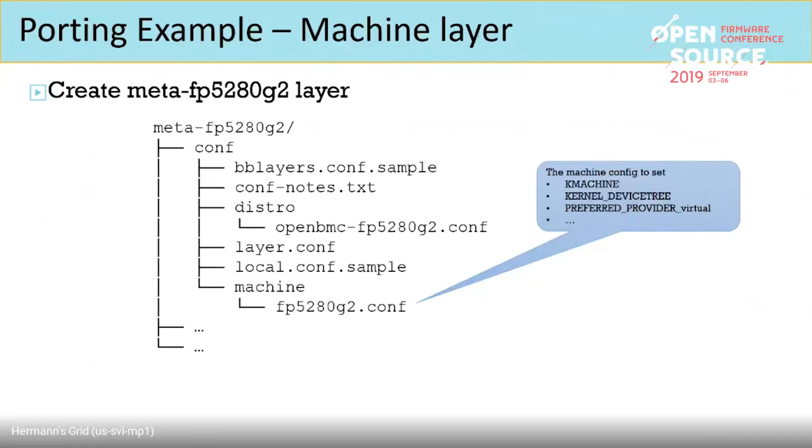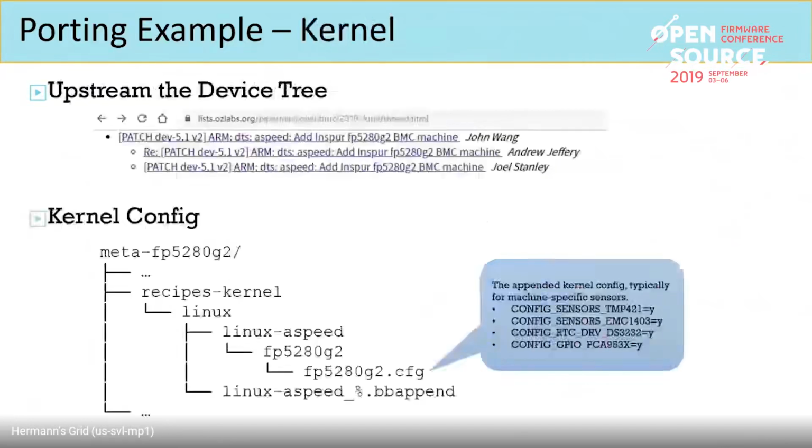The first step is to add a machine layer. So we create a meta Dubai layer. We added the configs. The configure will specify the machine, the kernel device tree, and the preferred providers, like some IPMI configs and some other configs. So this is simple. Next step is